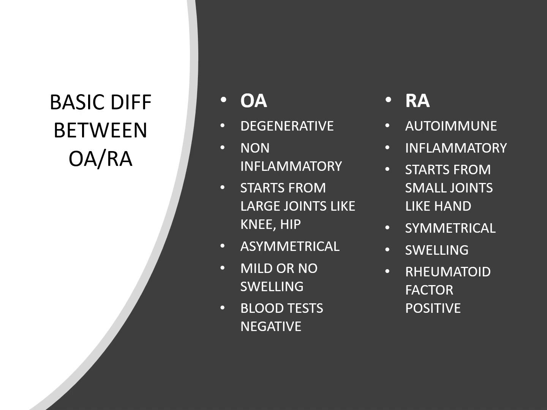Also, there's a point missed out here. There is no warmth on palpation in OA. There is warmth on palpation in RA. The last point is the blood tests or the lab tests in OA will be negative. However, in RA, they will be positive with respect to rheumatoid factor, with respect to ESR and C-reactive protein. So these points are very important to understand the difference between OA and RA.